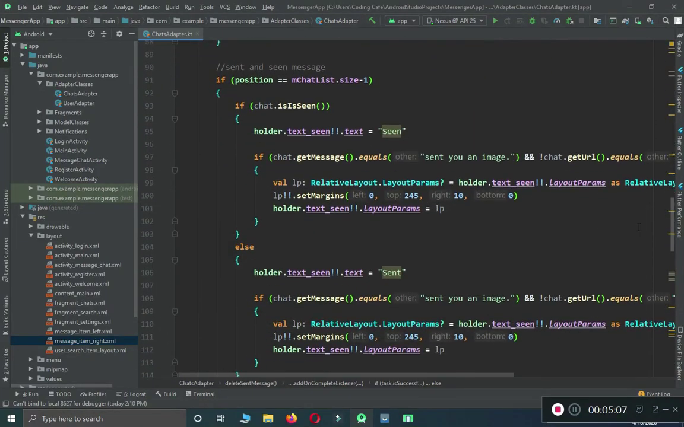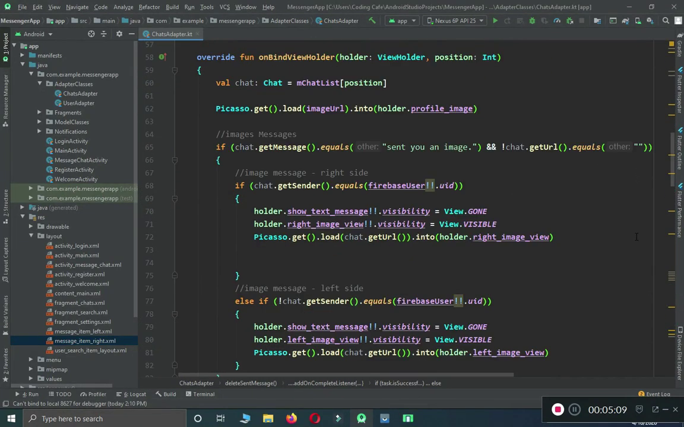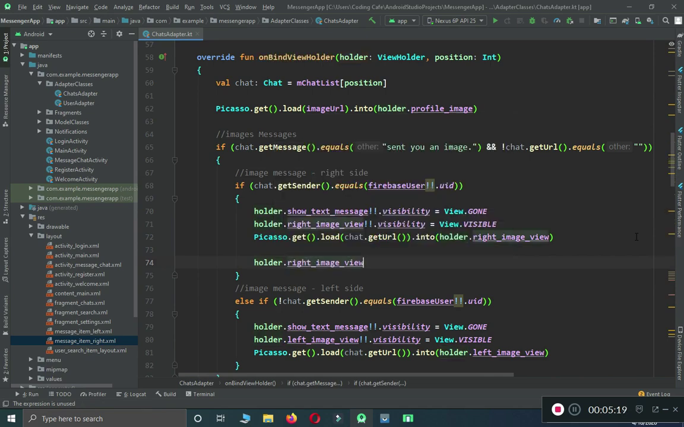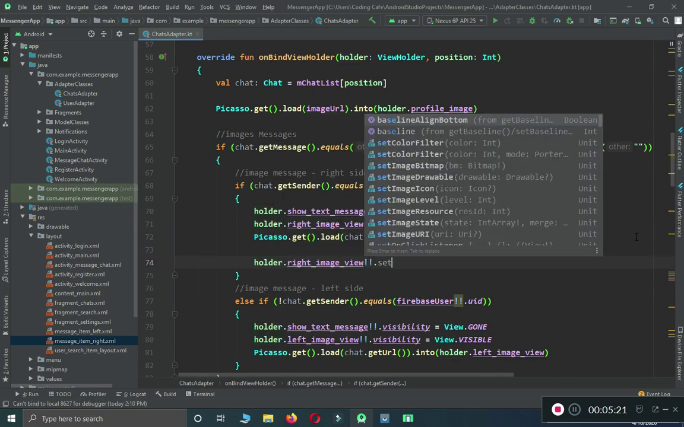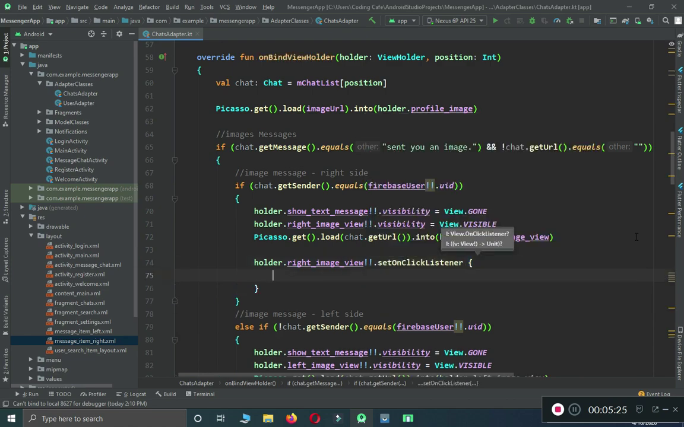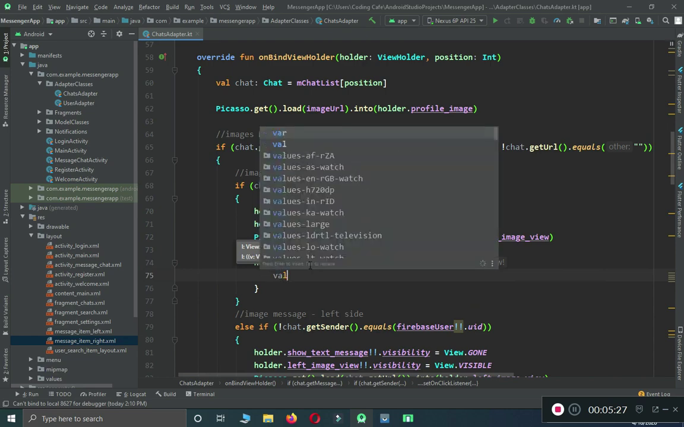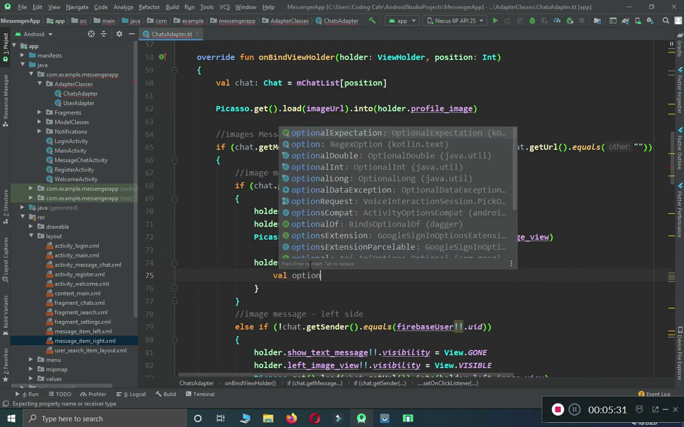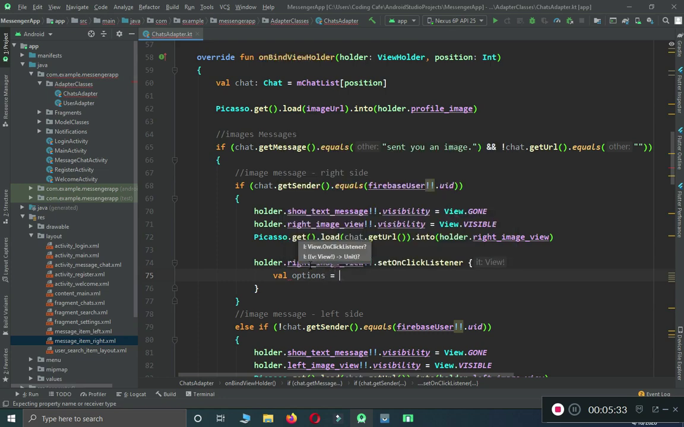So here we have images, messages, images from the right side. So here we can hot dot right image view dot set on click listener. If a user click on that image, then we want to display a dialog box, or you can say a pop-up box. So let's give it name as options equals to